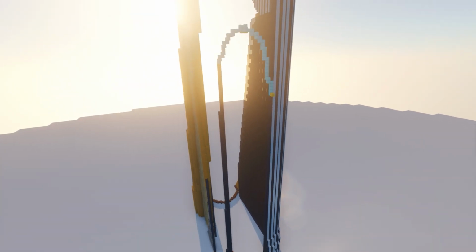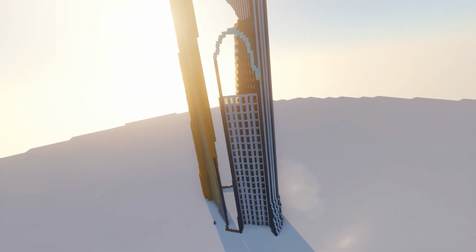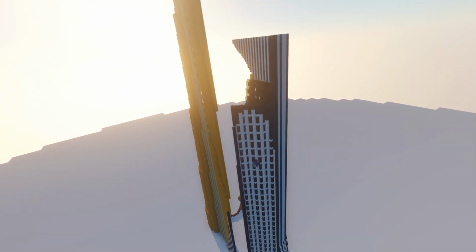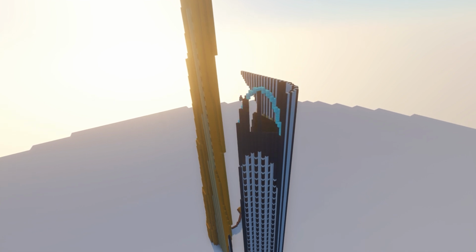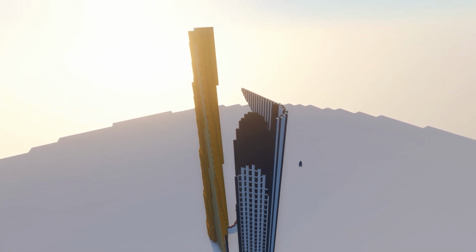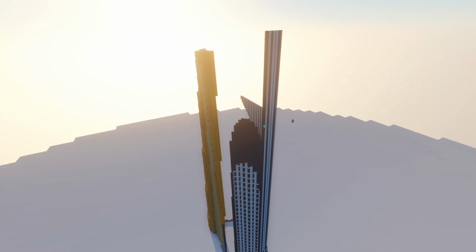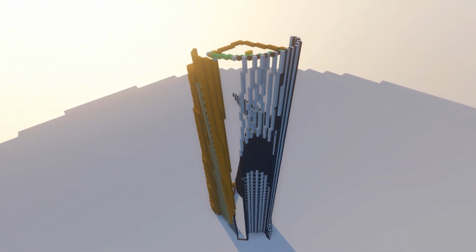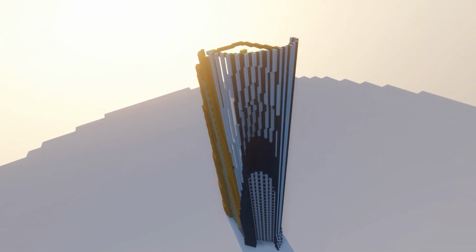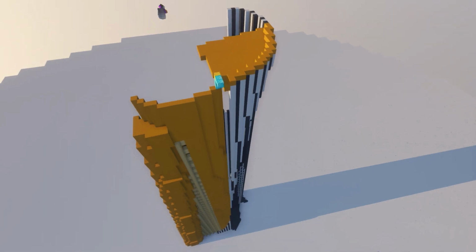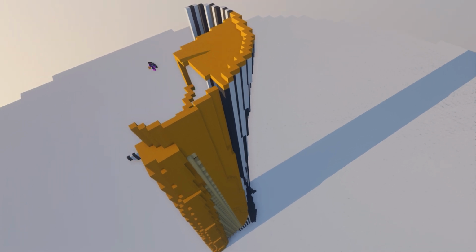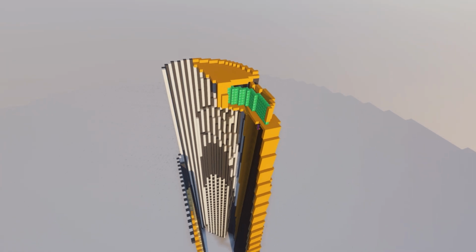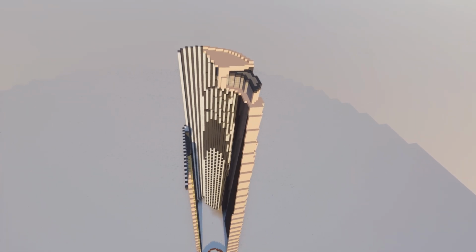On the back of the building, we also have a pattern similar to the pattern on the sides, but definitely not equal. Now, as we've finished most sides, we're gonna continue with the top, which is a little bit more detailed than other parts. By the way, I've decided on which block we're going for the sides. And this is white terracotta.